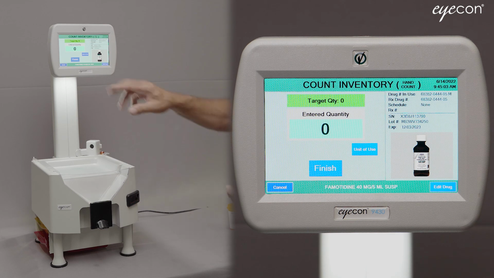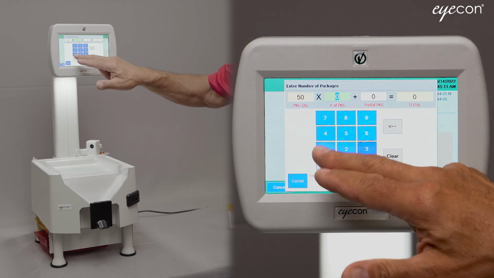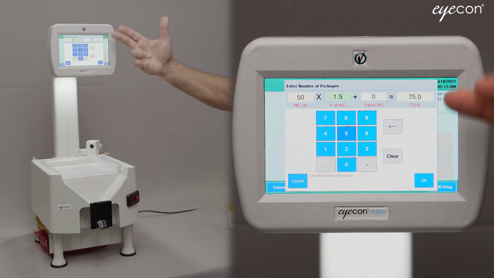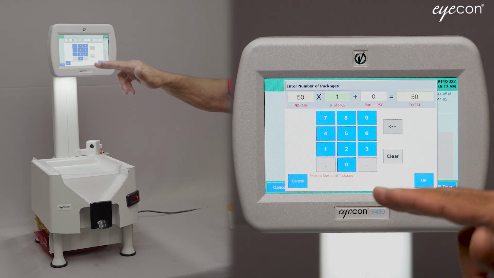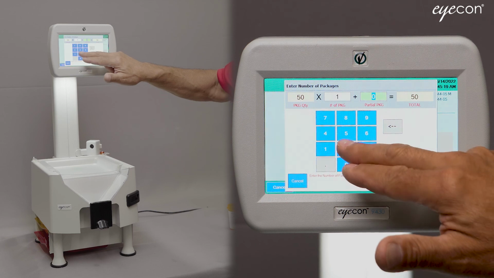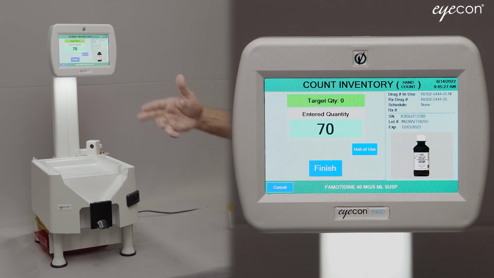So to record this one, I click unit of use. It knows this is a 50 milliliter bottle of this oral suspension. So I can either type in 1.5 bottles if I know I have roughly a half full bottle, or you could key in 1 bottle plus 20 milliliters if you knew exactly how much was in the bottle. And either way, it will do the math for you and add those up, and then you can press finish